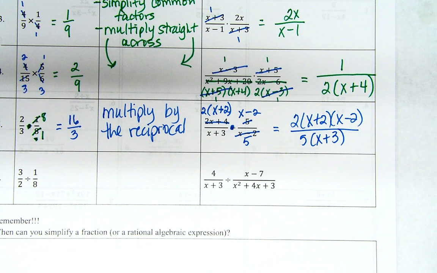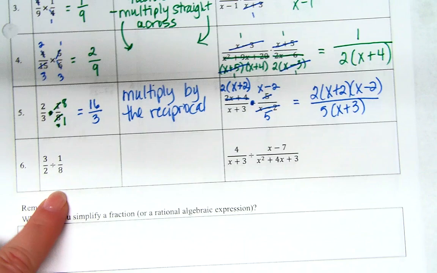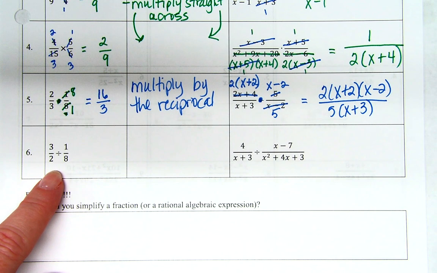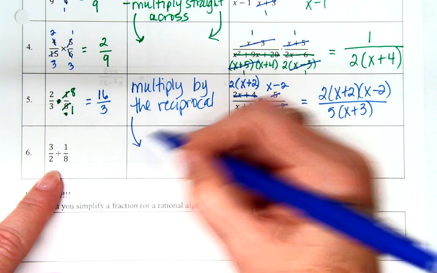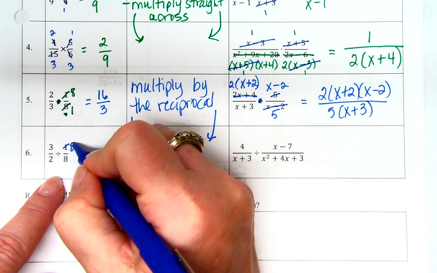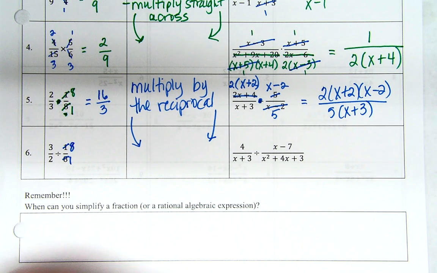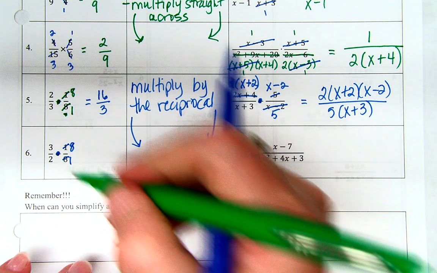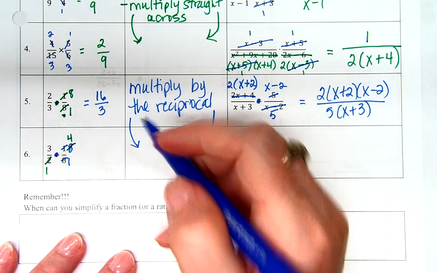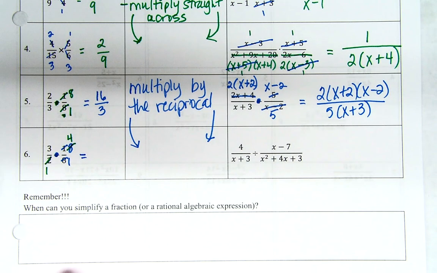Any questions? One more. What do I do? Multiply by the reciprocal, right? So this is an 8, this is a 1, and I multiply. What do I get? Oh, wait, do I want to multiply right away? No, because now you can simplify the 2. You could, right? You can simplify the 2 and the 8. Now what do I get? 12, 9,